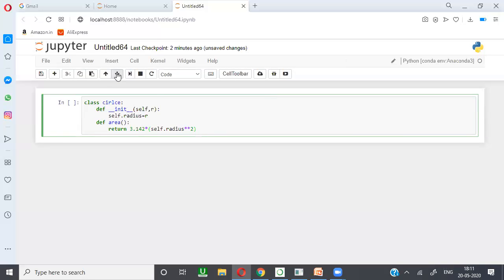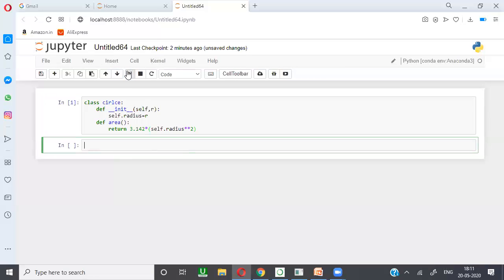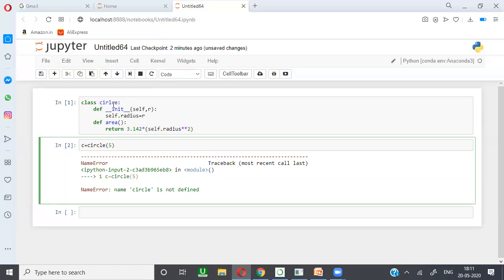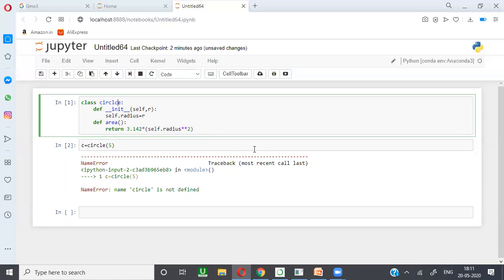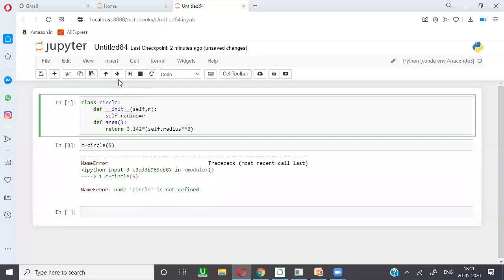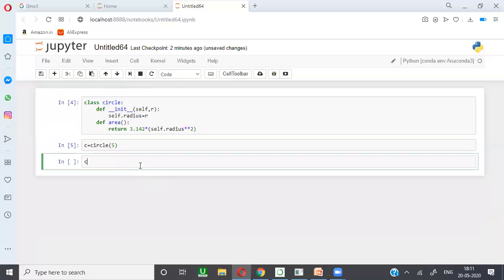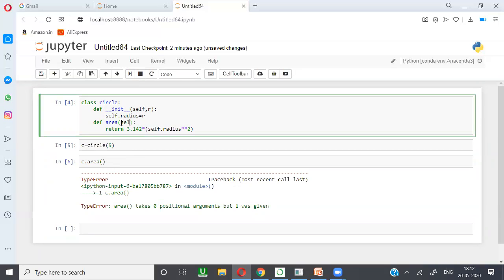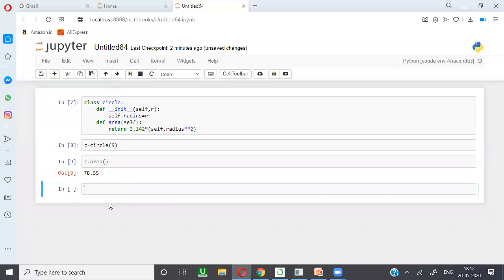Once you have defined it, if I call c = Circle by passing 5, and then call c.area, it returns 78.55.